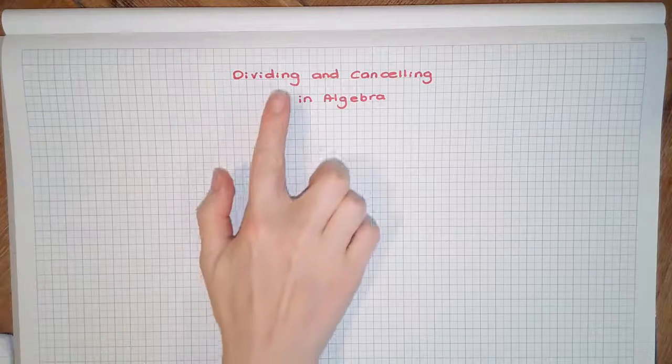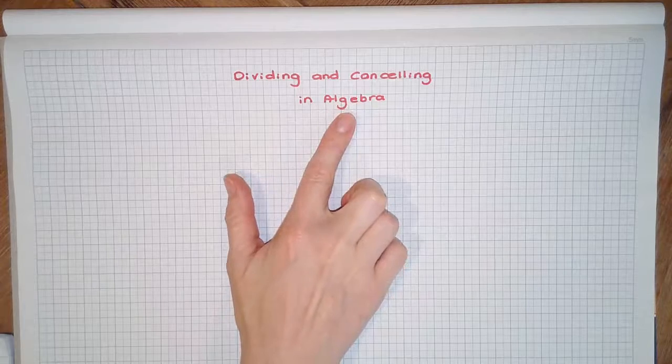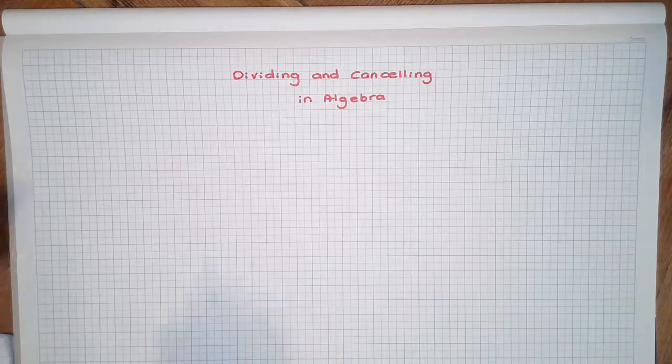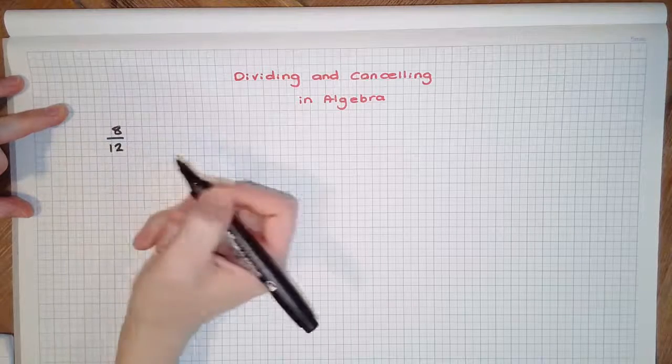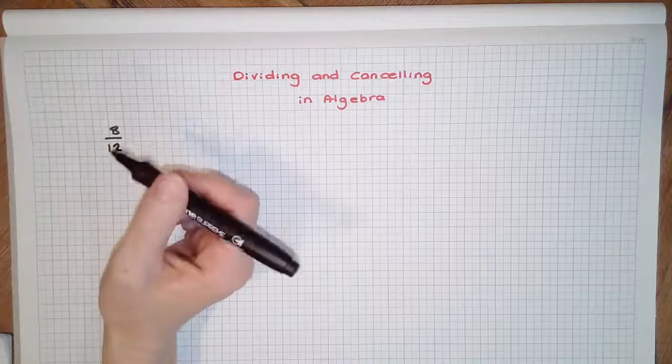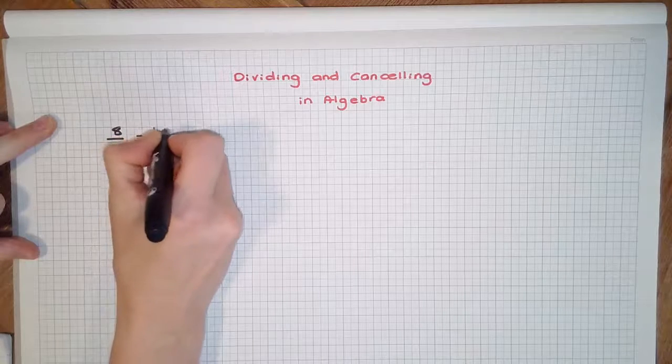In this video, we're going to have a look at dividing and cancelling in algebra. Before we have a look at algebra, let's just go back to fractions. Say we had the fraction 8 over 12. Now, to simplify this fraction, we mightn't just know that it's 2/3, but we could write it as 4 times